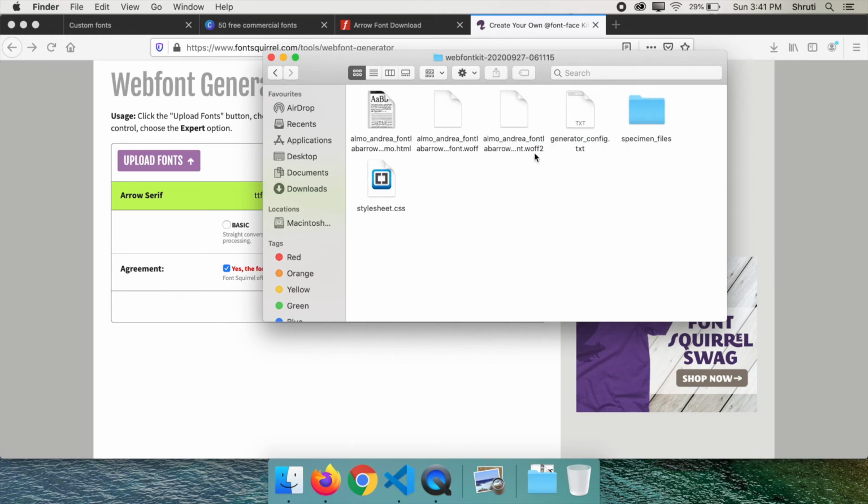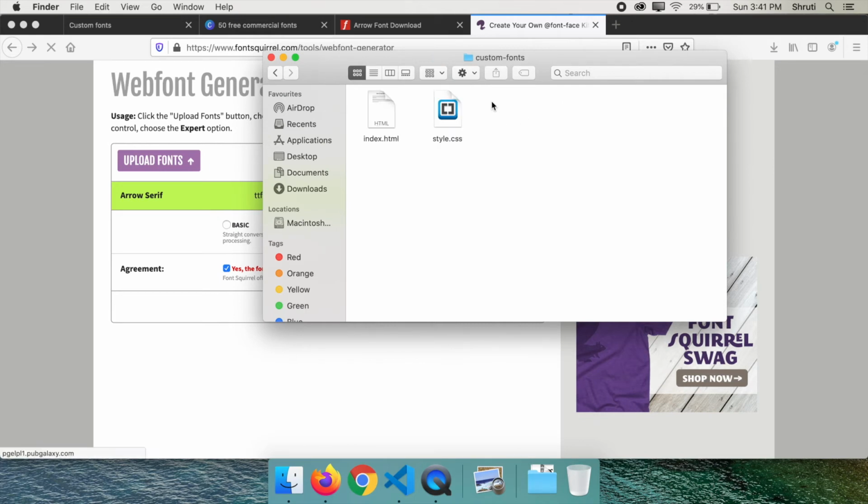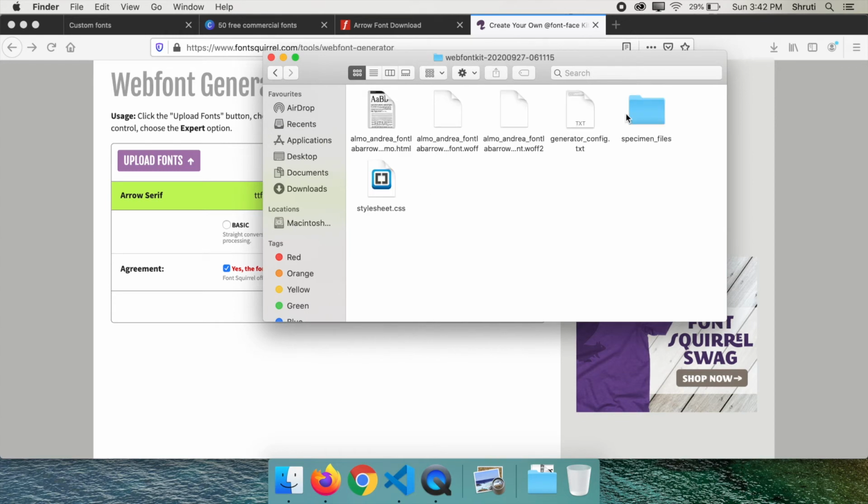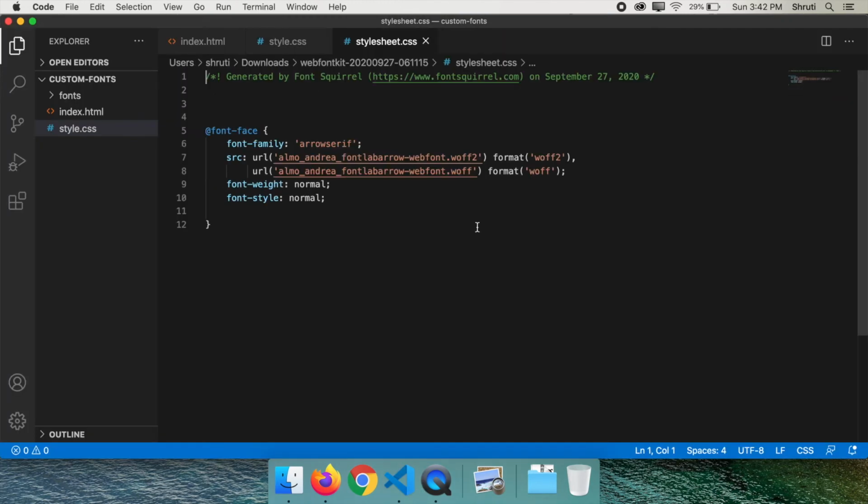You will notice that there are two files here with extension WOFF and WOFF2. This is the format we need for our web pages. Copy these two files into the code folder inside a new folder called fonts. Now, if you go back to the downloaded kit, there's also a style sheet. Open that. Copy this particular code